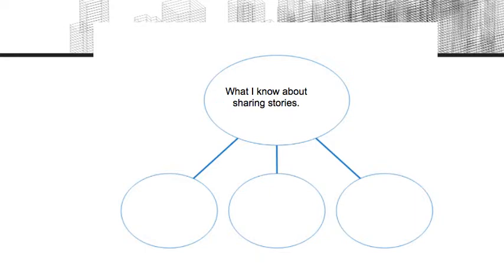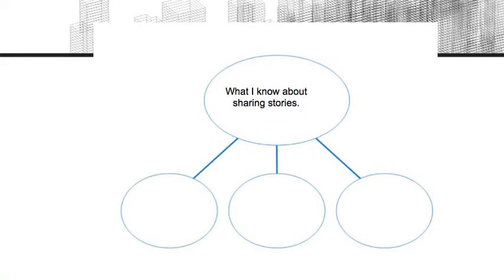So this is your graphic organizer this week, and you're going to write in it what I know about sharing stories. So if you want to pause the video and do that real quick. Then down here in the bottom, I want you to write 3 things that you know about sharing stories. And you can think back to times when you've seen someone do a really good job of storytelling, or sometimes when maybe one wasn't so good, and what that made you think when it was over. Okay, pause the video and do that. Okay, don't forget when you're done with that, make sure that you glue this into your reading section of your